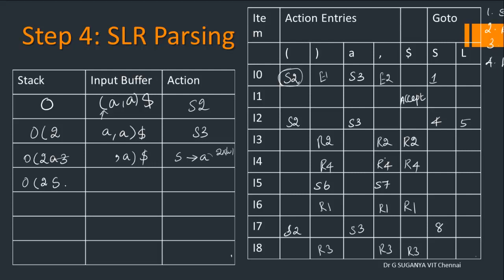Now we are in need of one state here for us to properly move ahead. So how do we identify it? From 2, what is the state on go to? On S, that's what you have to find. Go to I2. So you have S as the non-terminal. What is the go to that represents?